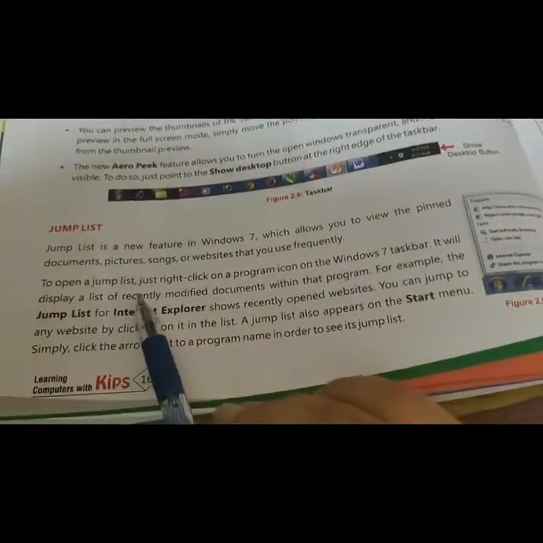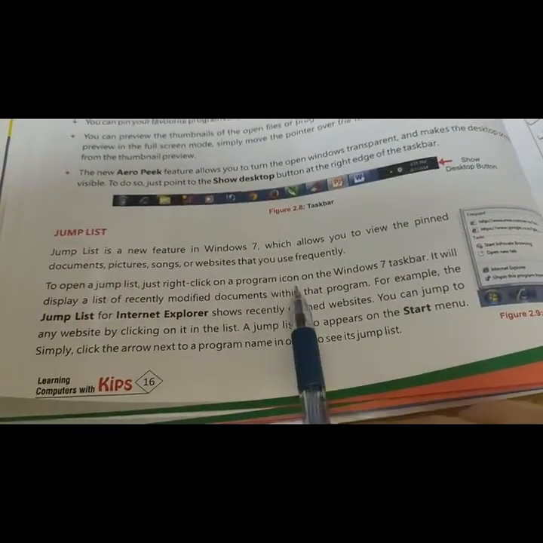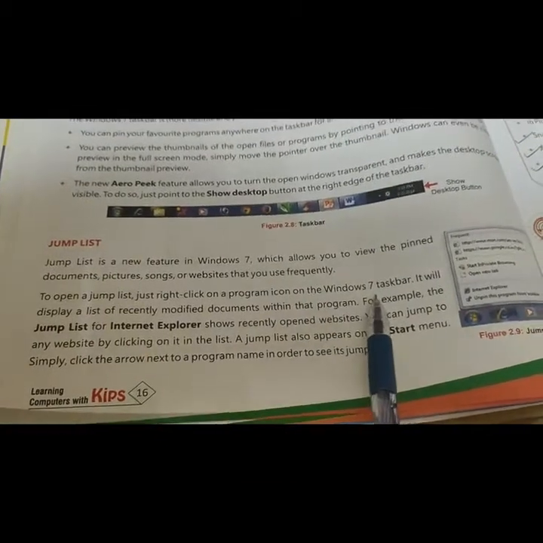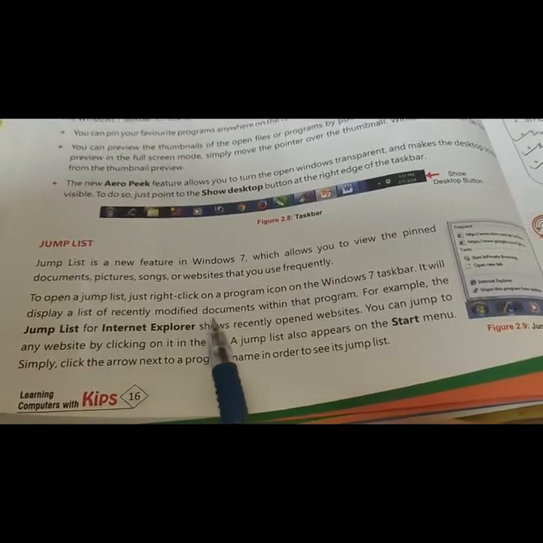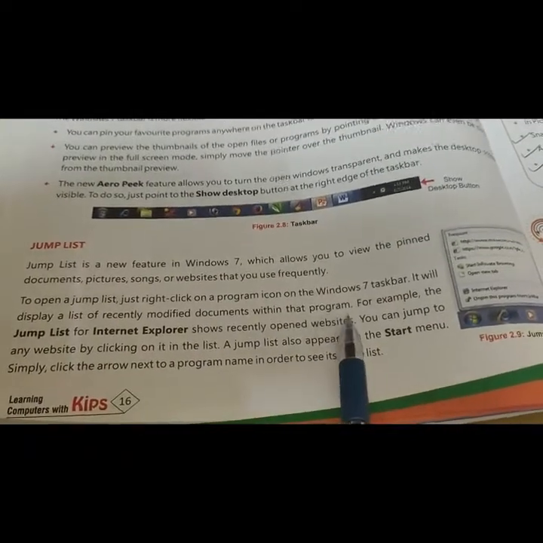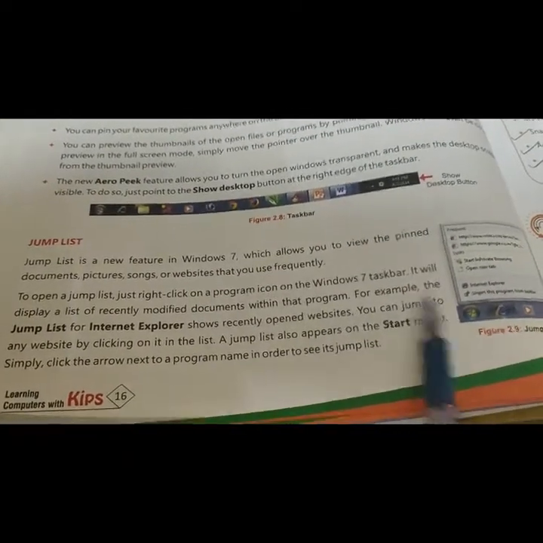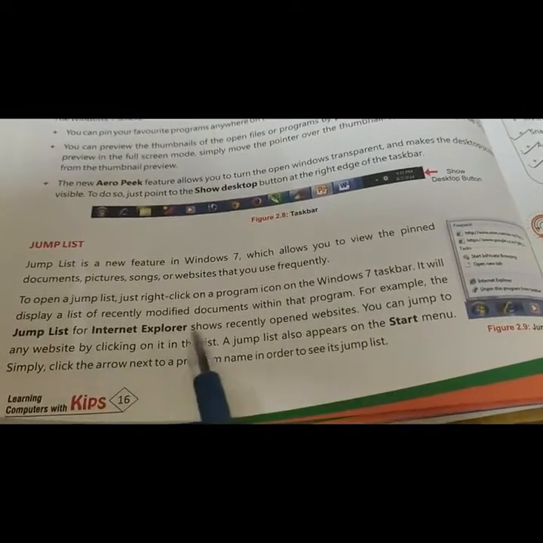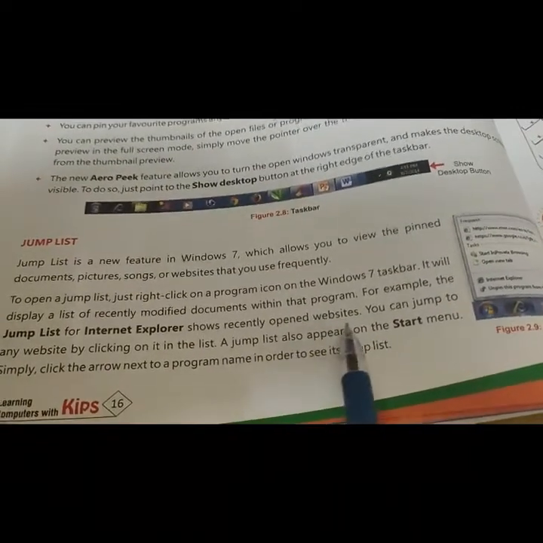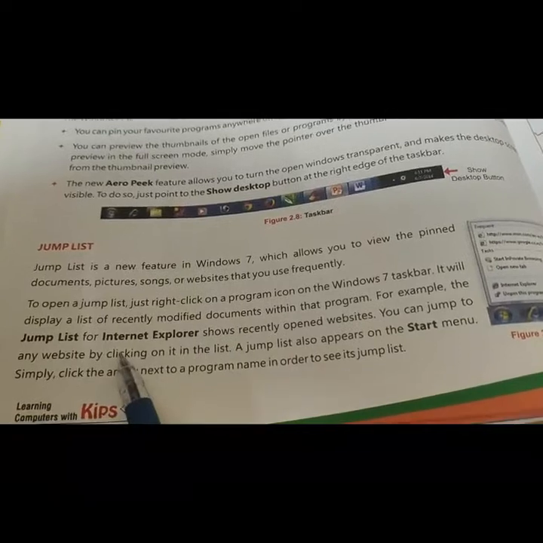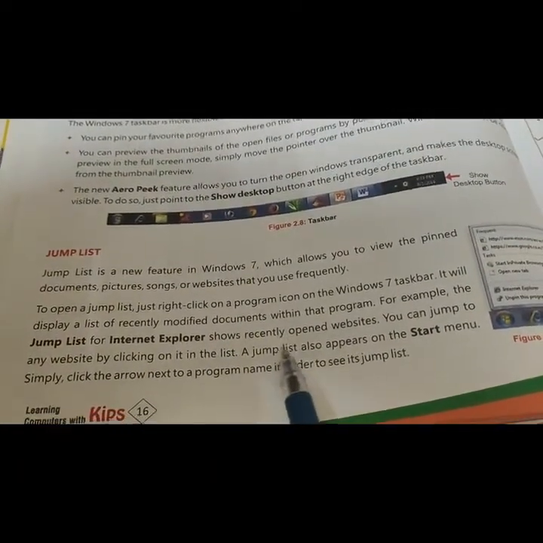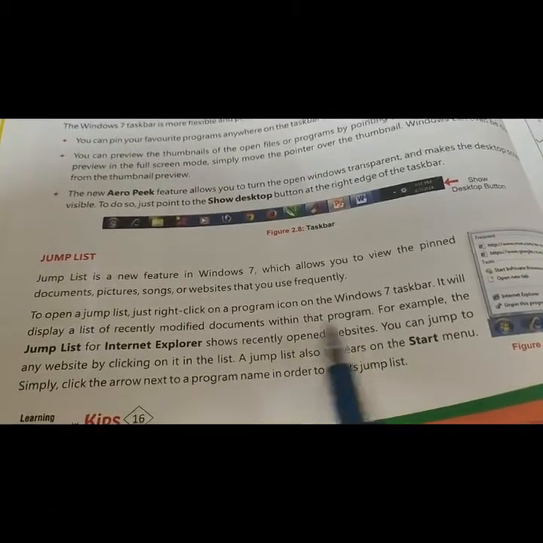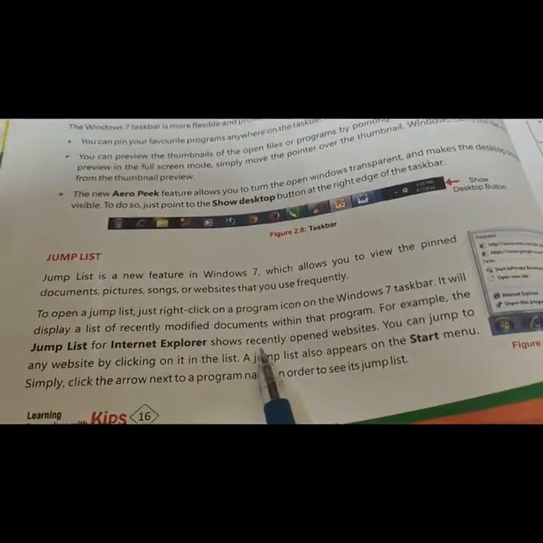To open a jump list, just right click on the program icon on the Windows 7 taskbar. It will display a list of recently modified documents within that program. For example, the jump list for Internet Explorer shows recently opened websites. When you right click on Internet Explorer, you can see the websites you used recently.